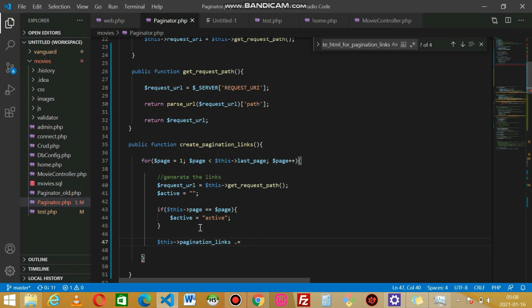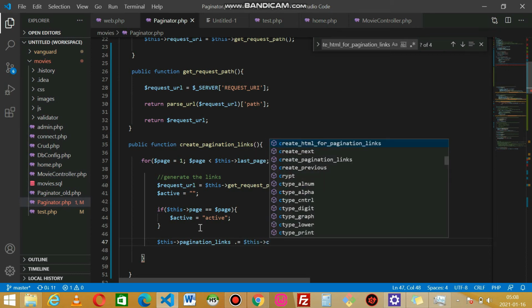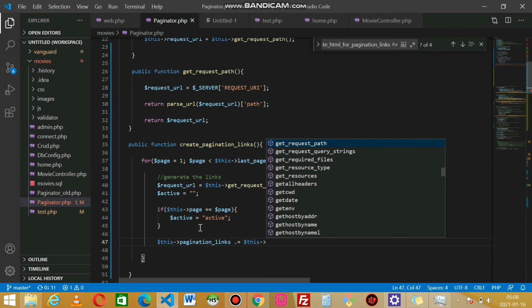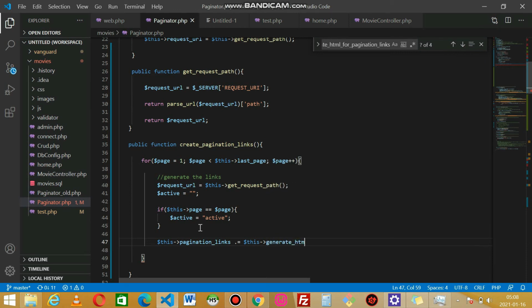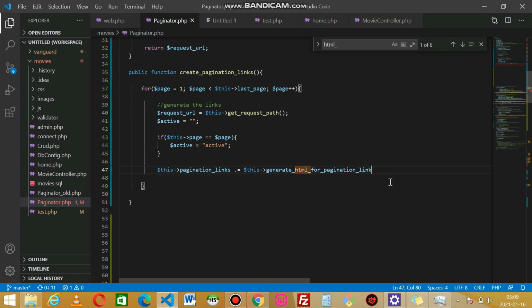Now we're going to define a function for creating our HTML for the pagination links. Now this will give you list items. I should actually name it create HTML for pagination links, and it's going to take